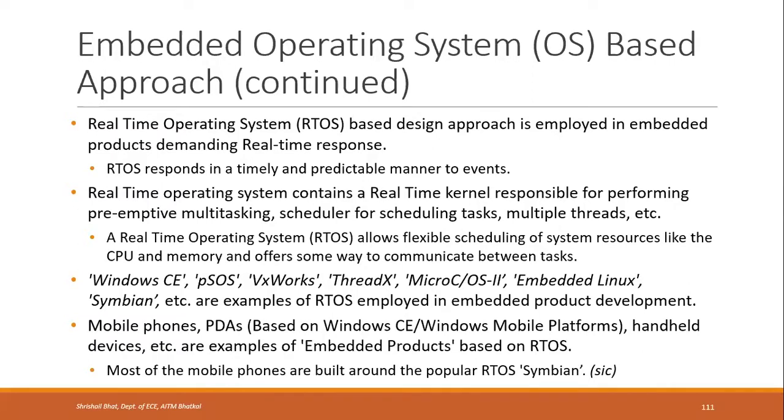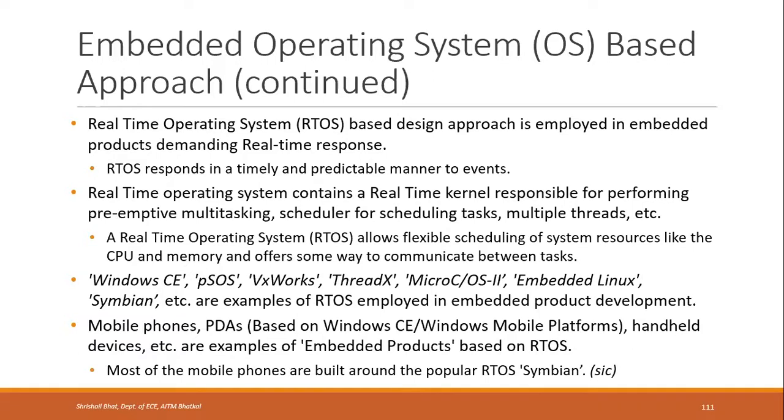It contains a real-time kernel which is responsible for performing preemptive multitasking and a scheduler for scheduling tasks, multiple threads and other things. A real-time operating system allows flexible scheduling of system resources like CPU and memory, and offers some way to communicate between tasks. So it does scheduling and multitasking. Different examples of real-time operating systems are Windows CE, pSOS, VxWorks,